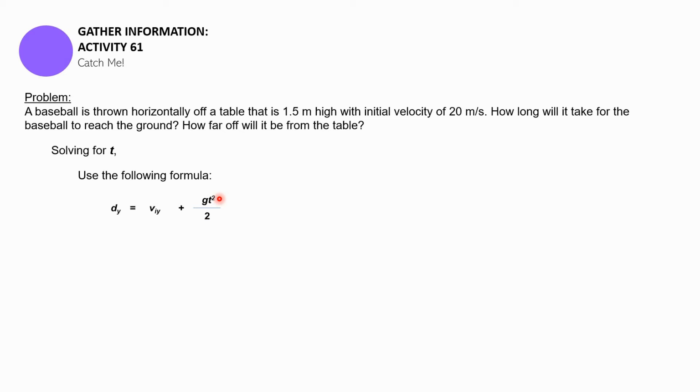So since only t is missing, we can use this formula. Since Viy is 0, you can just omit it. Okay? Since it won't really have any effect, just omit it and then just put gt squared over 2. Okay, so also for the next parts of this problem, you can do cross multiplication so that we can derive